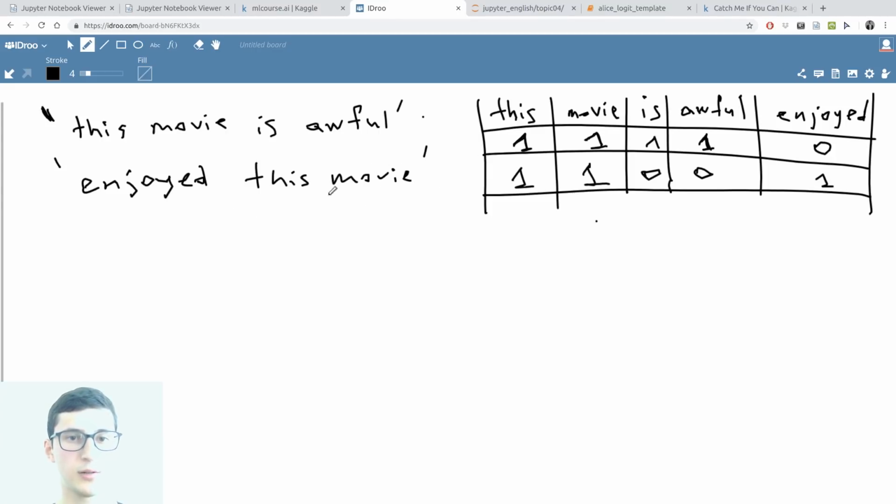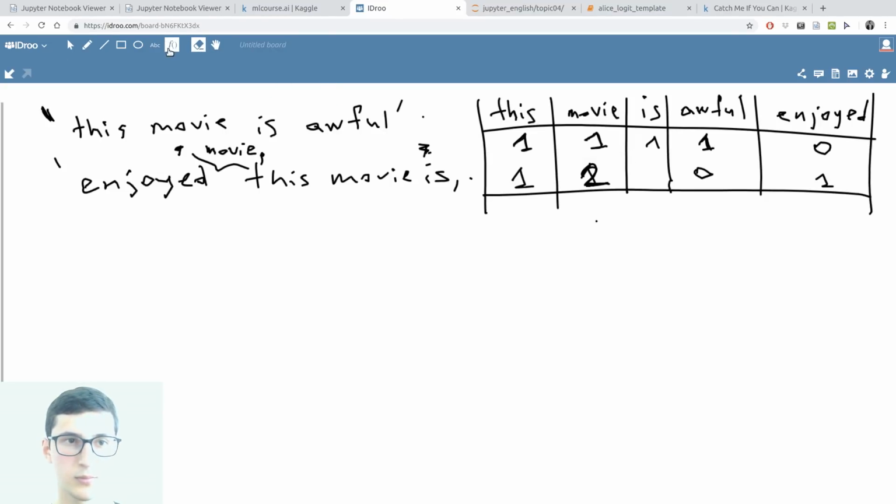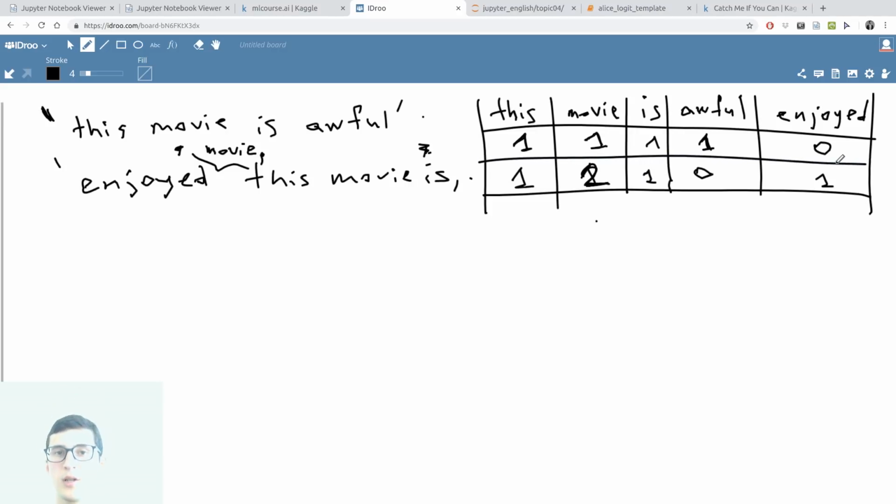Okay, so if we have a second occurrence of the word movie here, not really an interesting example, but "enjoyed movie, this movie is blah blah blah". So for this phrase we'll have movie twice, is also twice here, once here, and so on. Okay, so that's the idea of bag of words, and in sklearn it can be implemented with